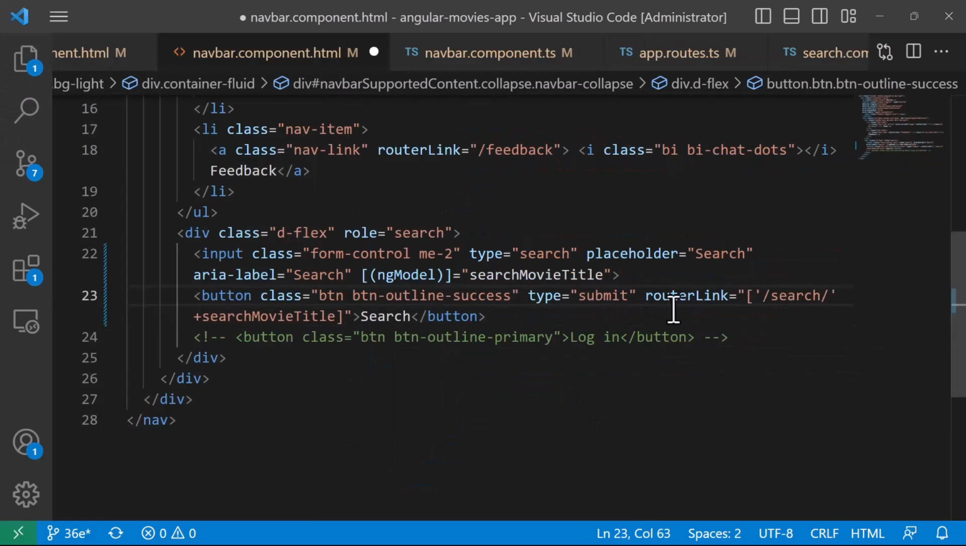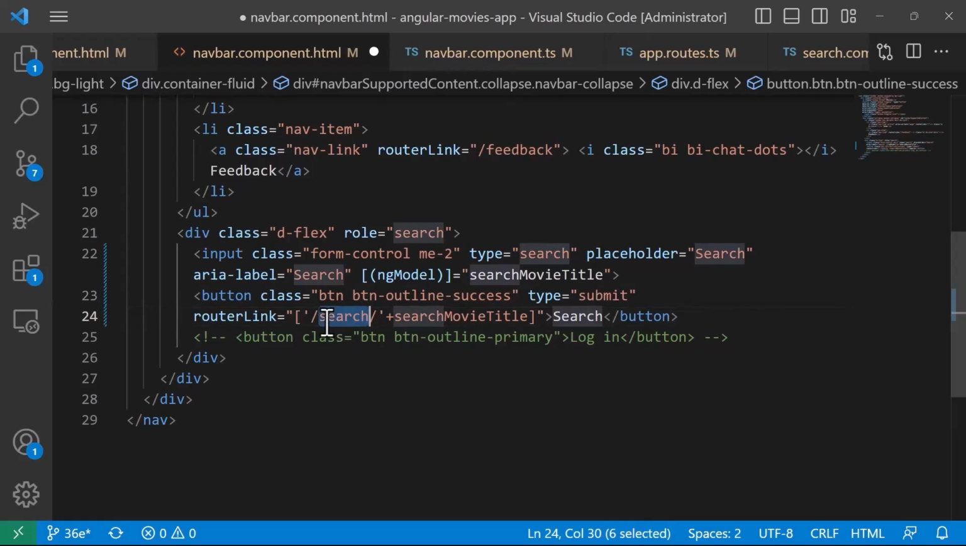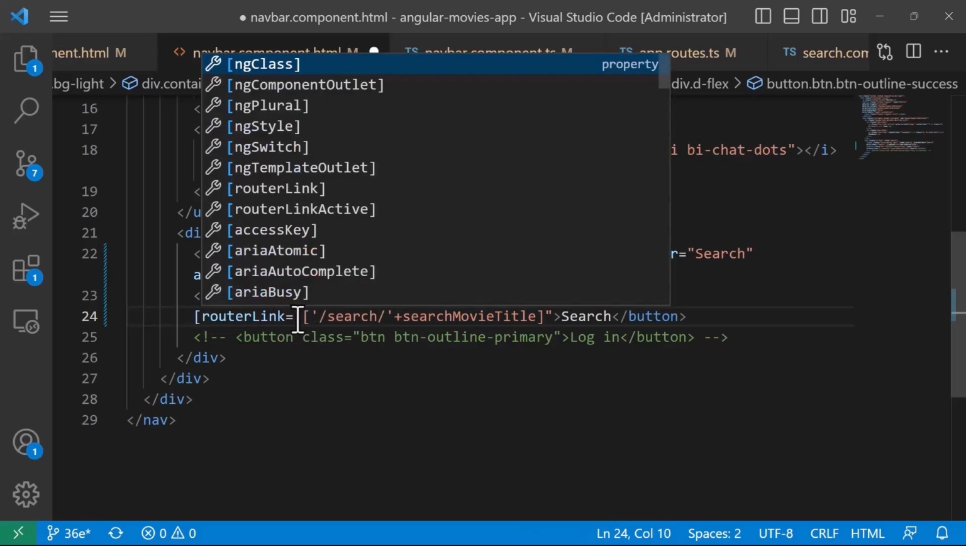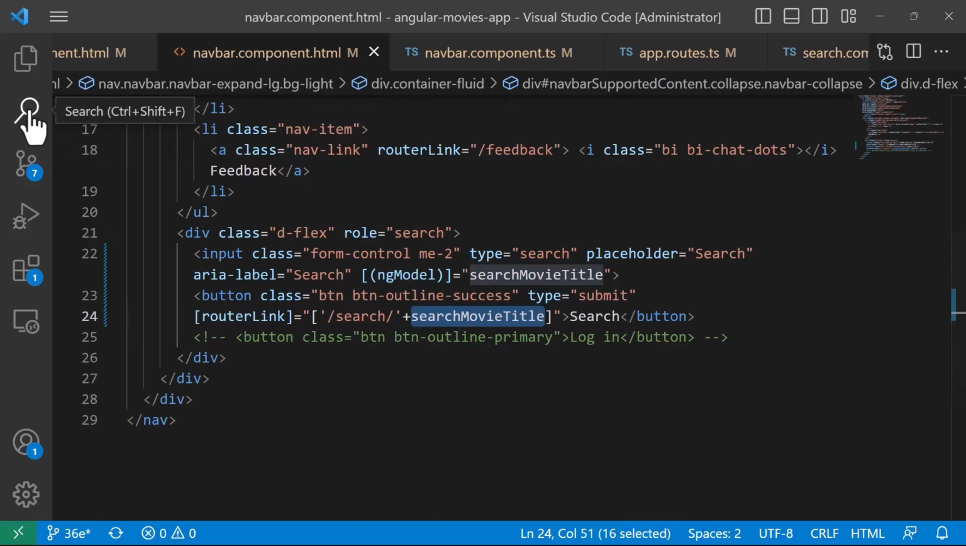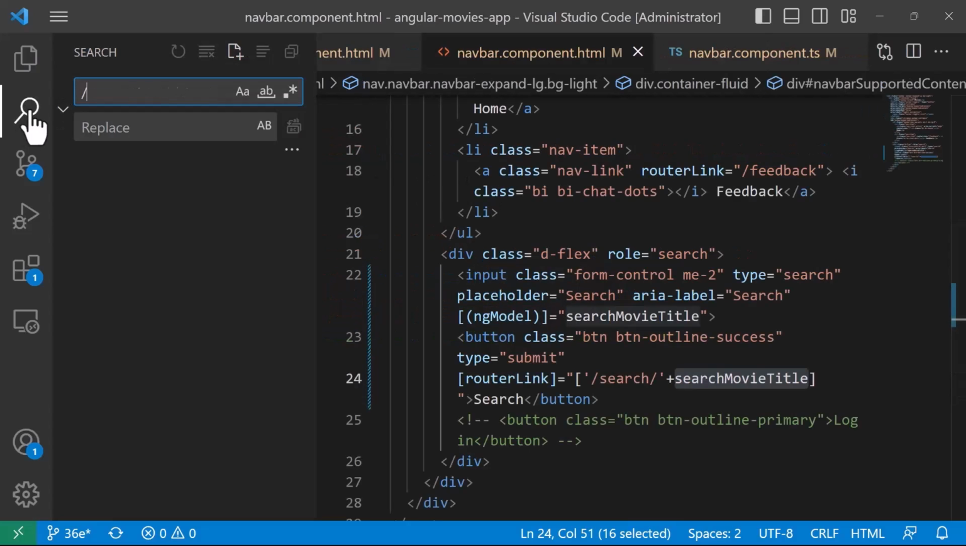So it's going to be router link, then we have search, and then we have search movie title. This way we are adding this to the router link, and then also add to the router link the square brackets. When you add the square brackets, you pass this one as a value instead of just a literal string. We have the same issue in another section, so I'll just search in here for slash, then